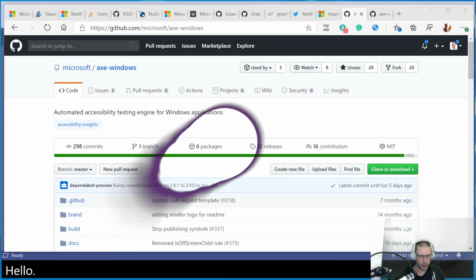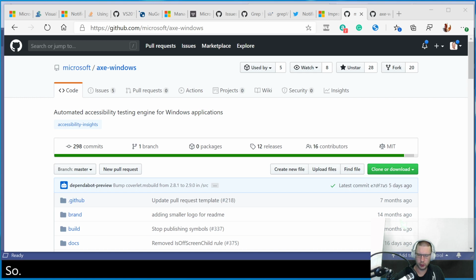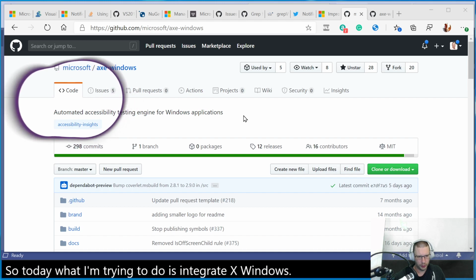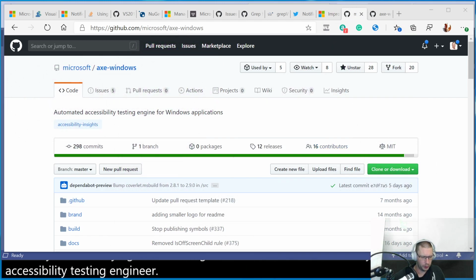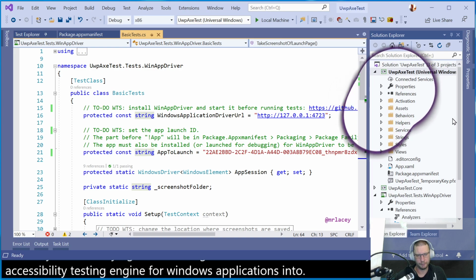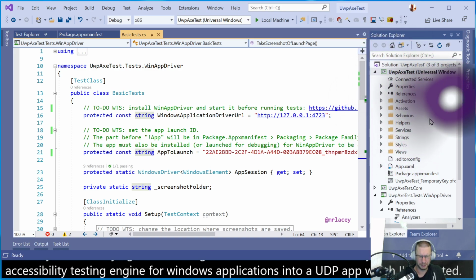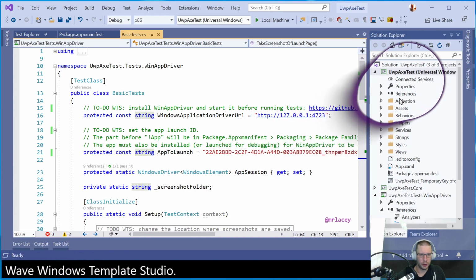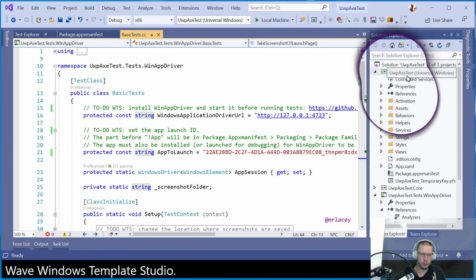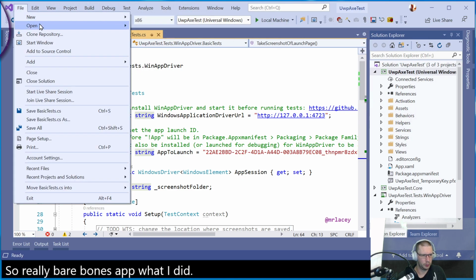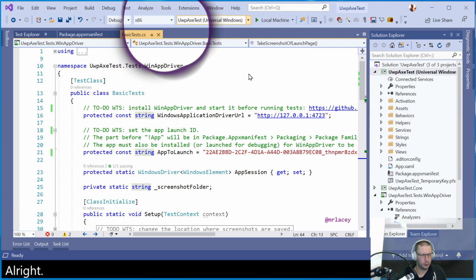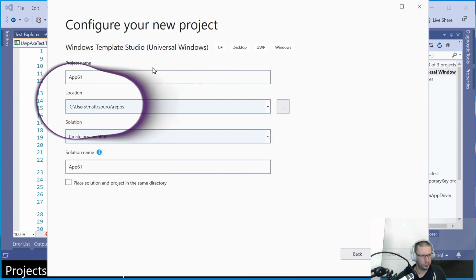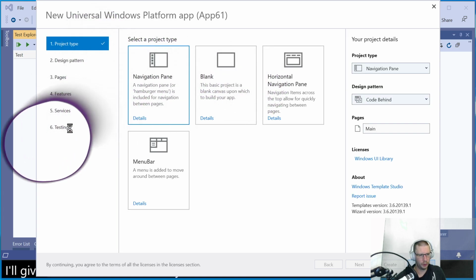Hello. Okay, so today what I'm trying to do is integrate Axe Windows, the automated accessibility testing engine for Windows applications, into a UWP app, which I've created with Windows Template Studio. It's a really bare bones app. What I did, I went File, New, Project, Windows Template Studio. I gave it a name, which obviously isn't app 61. And all I did was add